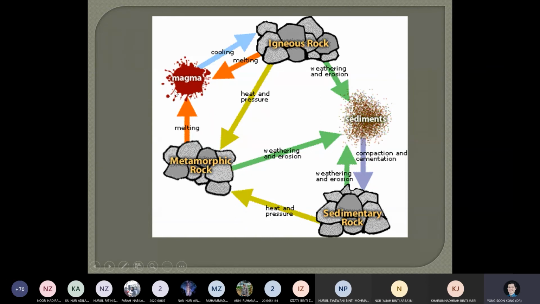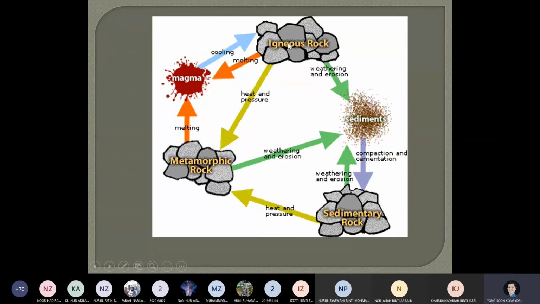So Earth started with magma, and in fact, rocks also started with magma, in which this magma probably is nearer to the core of the Earth, where the temperature can reach up to maybe thousands of degrees Celsius, and that is where most of these are melted. So when it comes to the surface, where it is cooler, it will turn into igneous rock first. Now, of course, igneous rock is still very near to magma. They can melt back into magma again, or if they are still pushing up and get cooler, they become